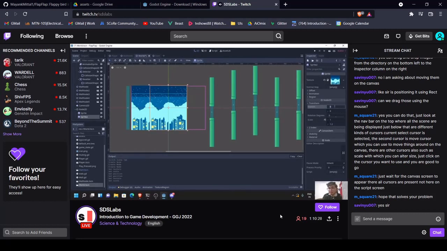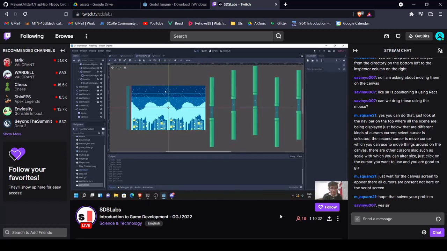Y 1.2 and the position should be 128. Yep. Now see, it looks quite uniform. So it gives us the illusion that this is one single picture. If I would have stretched it, it would have played with resolutions and it would have looked bad, ugly. Now it does not look ugly objectively. If we play the scene,